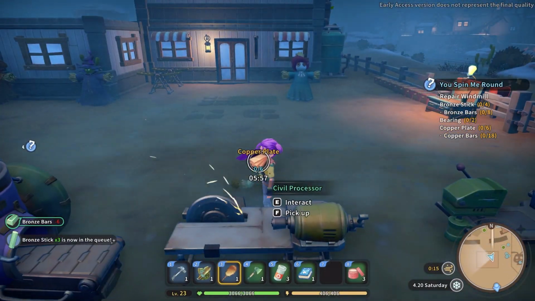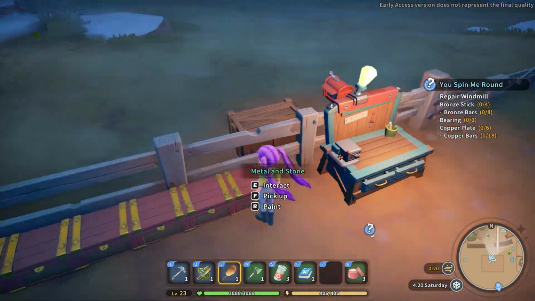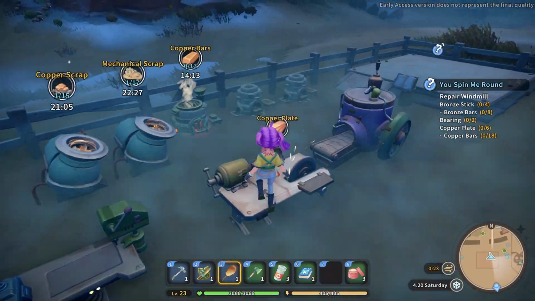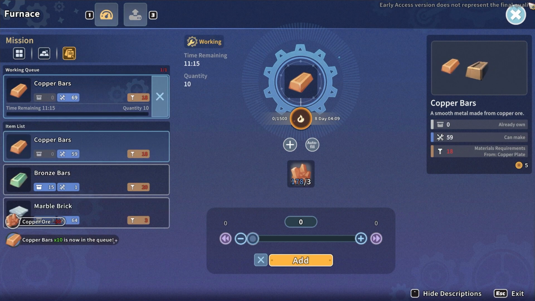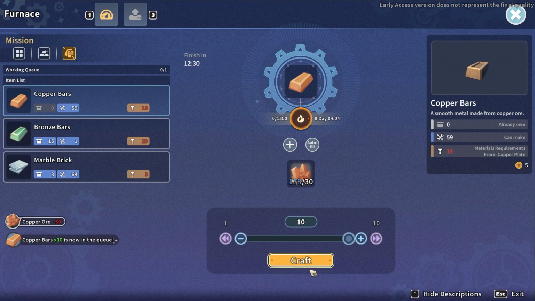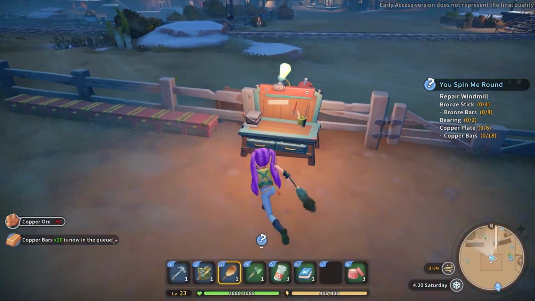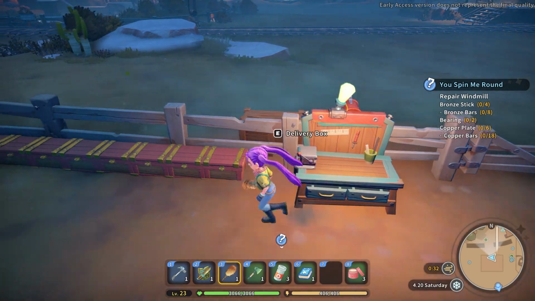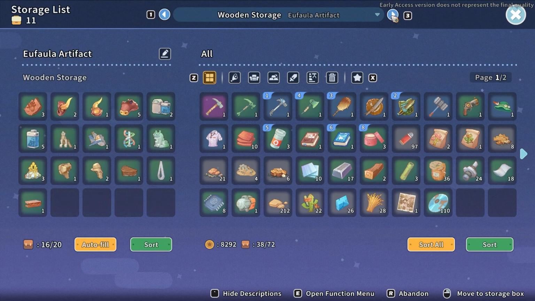And I needed 6 copper plates, so I'll need to do another 3 afterwards. I also need copper bars in general. Okay, so let's have all of these making copper bars overnight. Hopefully I won't lose too many of them to the sandstorm. Fingers crossed. And then if I've got any bearings anywhere, let's get them into my inventory where I need them